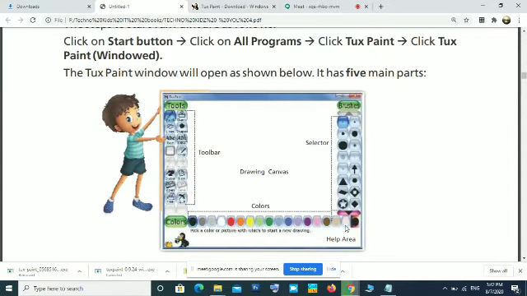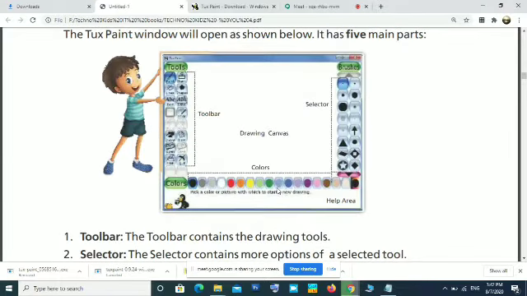Then at the bottom, you can see the color palette. From here, you have to select the color, what color you want to choose for your drawing. Now this white area in the middle is the drawing area, just like Paint. But these tools are different, but most of the functions are almost the same. Paint, text, line, all are similar, but some additional features are in this Text Paint. So this is the user interface or the screen.